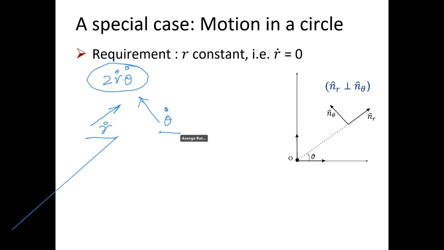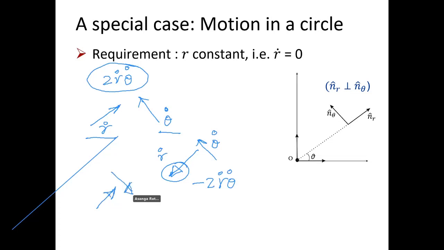Now, for example, in a particular situation, if the acceleration is radially inwards and rotation is counterclockwise, then the Coriolis component becomes negative because r dot is in the negative direction. Or else, even if r dot is in the right direction, but you rotate the system in a clockwise direction instead of counterclockwise, then this is theta dot and this is r dot. Again, the Coriolis component is negative because one of the vectors is in the